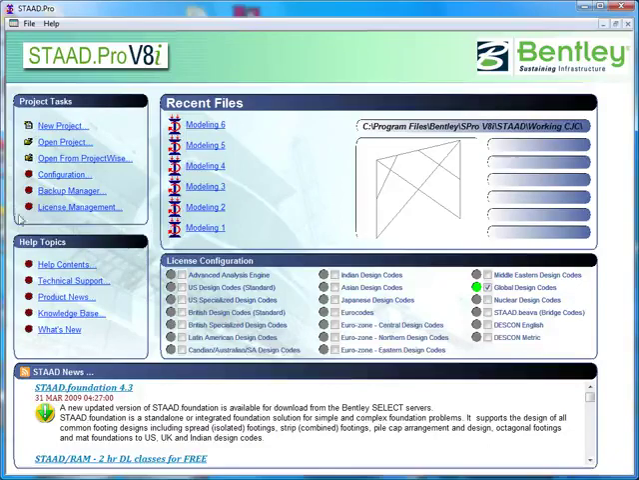So starting in the upper left-hand corner is a category called Project Tasks. The Project Tasks category has items that relate to project level types of things. So for instance, there's an icon that allows us to start a new project, an icon that allows us to open an existing project on this computer. There's also an icon that allows us to access an existing project from ProjectWise, which is Bentley's engineering project team